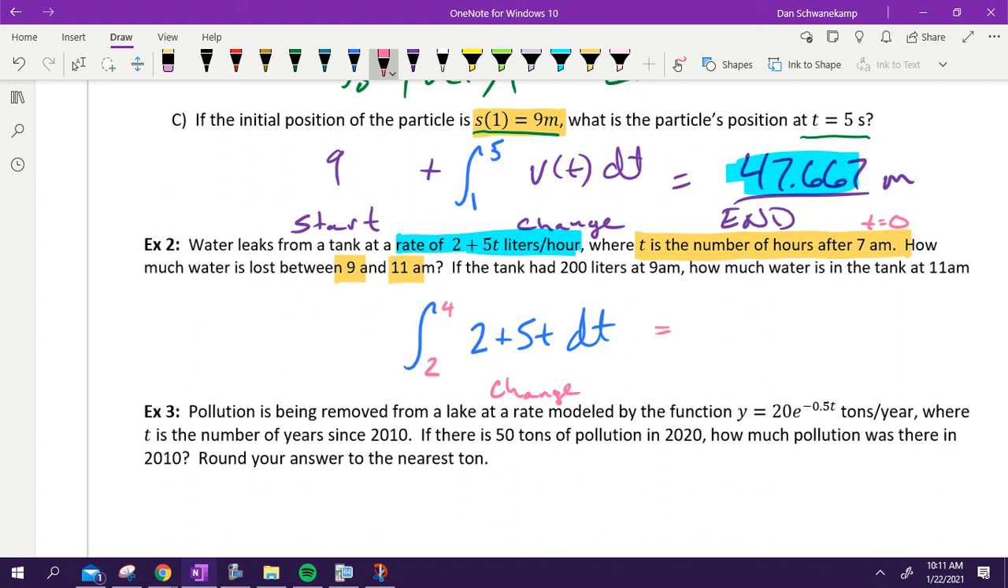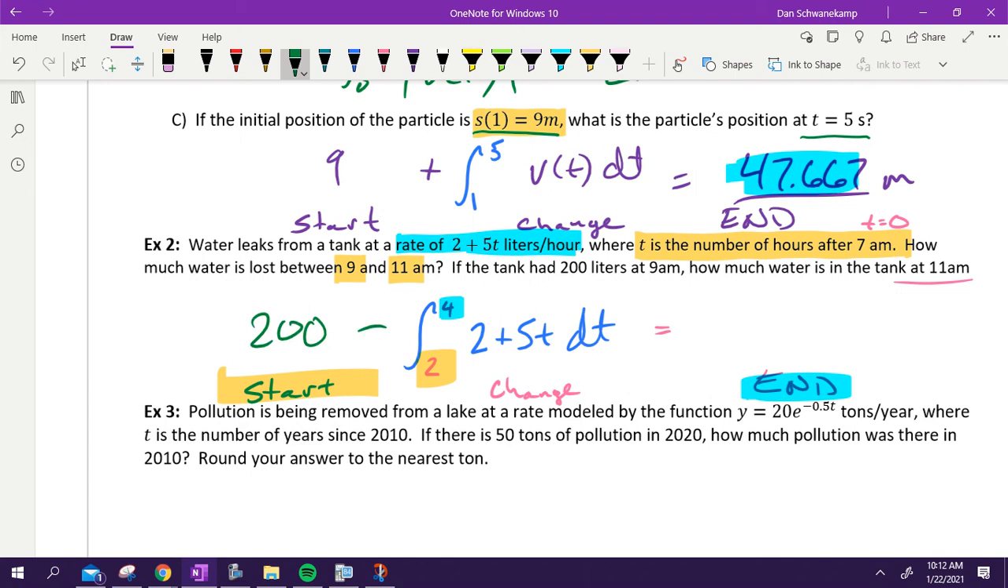I want to know what I end with at 11 a.m. I want to know this number. That's my ending amount, so this is the one that goes here. This one right here is my starting amount. So over here, I've got my start. What's going to go here? 200. That's my start. 200 minus that integral is going to get me my ending amount. You can type that into your calculator. I'm very confident in your abilities. To save us time,